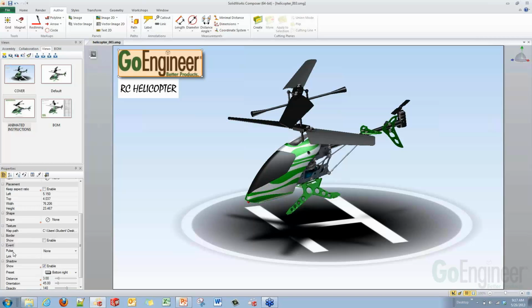Pulse is what I was talking about earlier when I want my components to be flashing to allow the user to know what they can click on and make it very noticeable. Under Pulse, we have the option to have it pulse at 200, 400, or 800 milliseconds. I'm going to leave this at none because I don't want this to be flashing